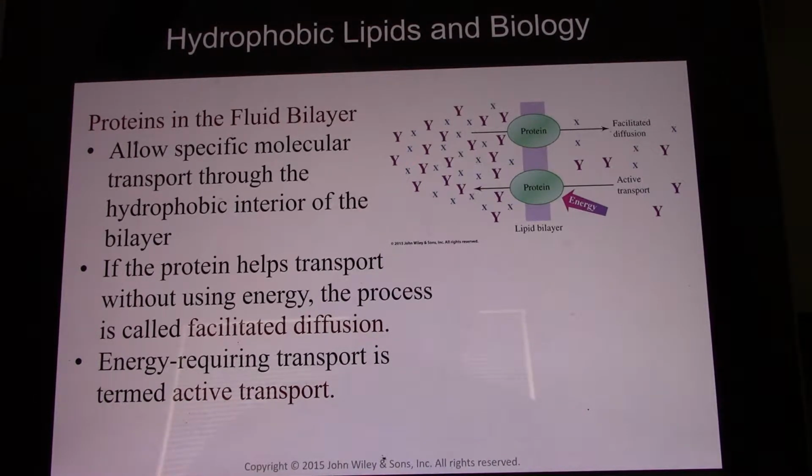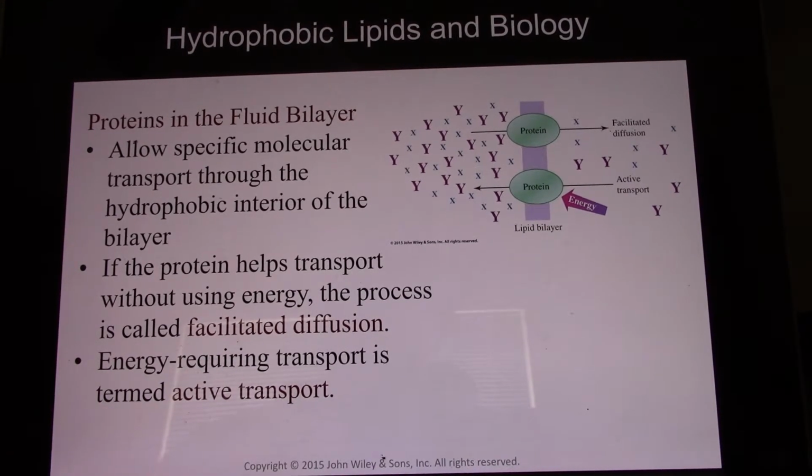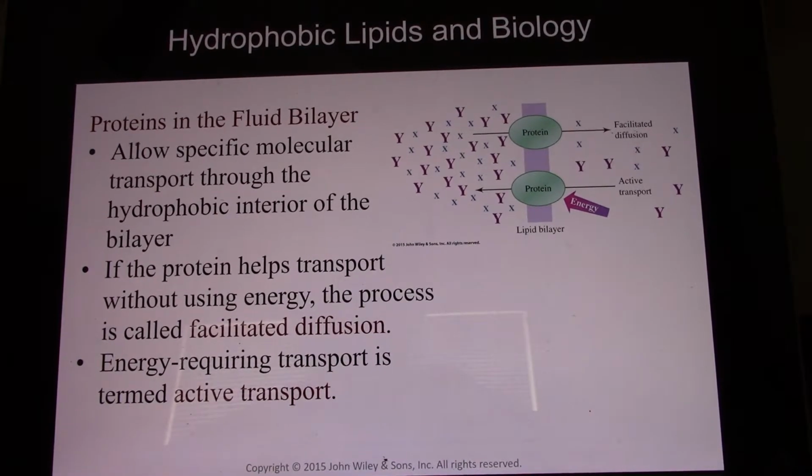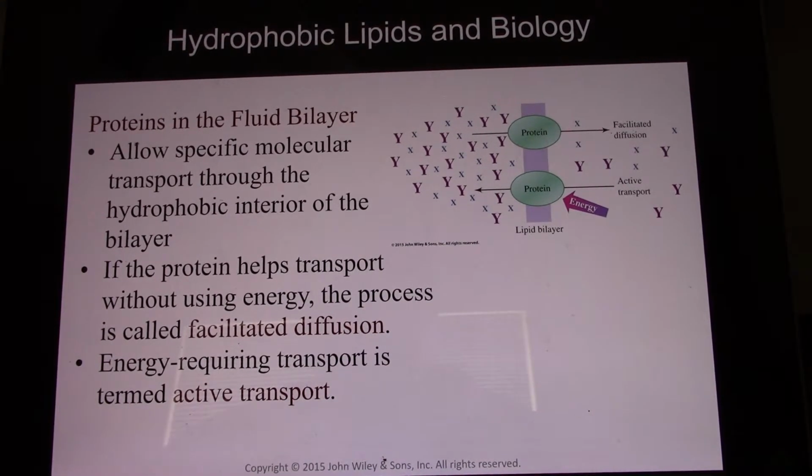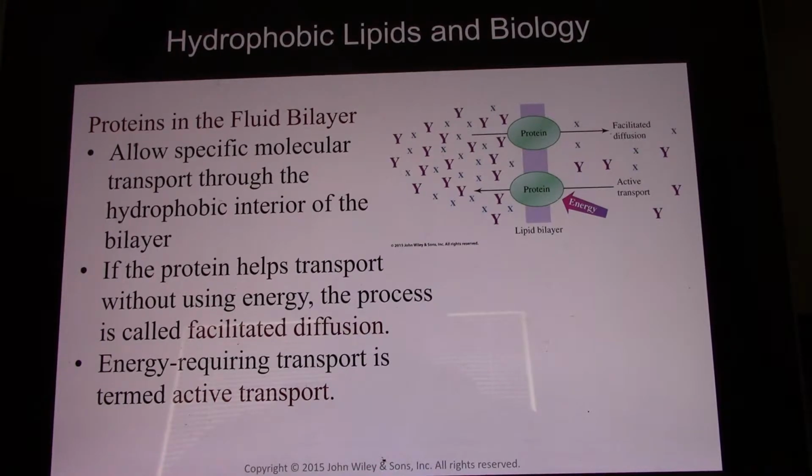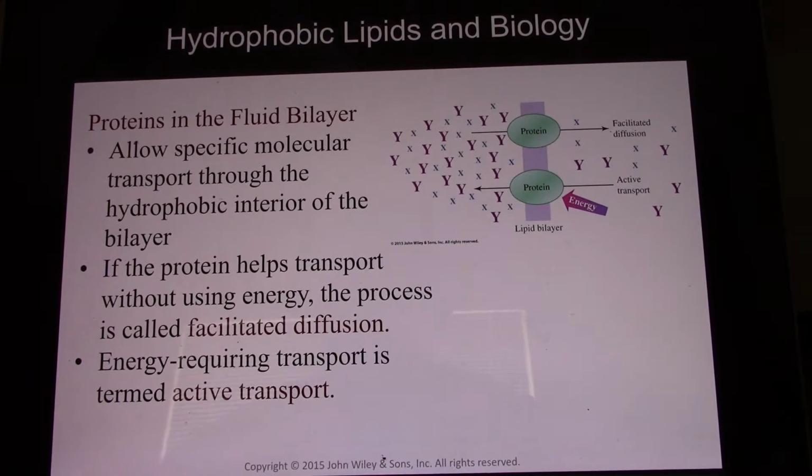without help. So the only things that can cross it like it's not there are extremely fat-soluble molecules like steroidal hormones or nonpolar tiny molecules like oxygen and carbon dioxide. And so basically, oxygen, carbon dioxide, and the real fat-soluble steroid hormones move through the plasma membrane as if it wasn't even there. Everything else needs a special protein to get in, and that is called facilitated diffusion, because things